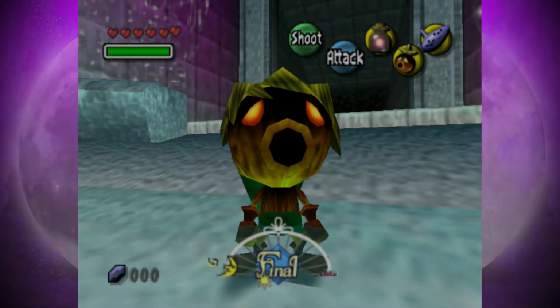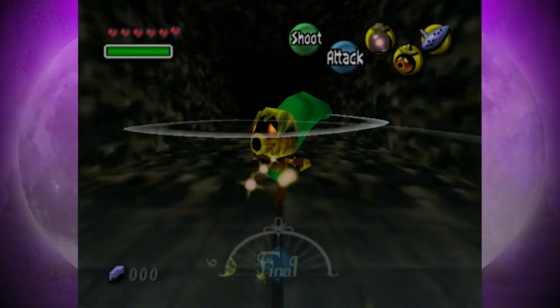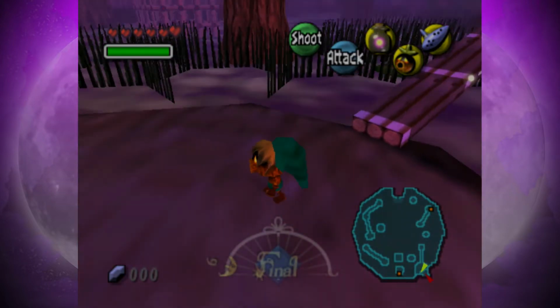This is a current thing for my LPs, isn't it? Yeah, that will help us out a lot through this Woodfall Temple. As long as we have that mask to begin with, it should be a cakewalk. And I'll basically show you what I mean by this to make sure people understand this also, because I know a lot of people...